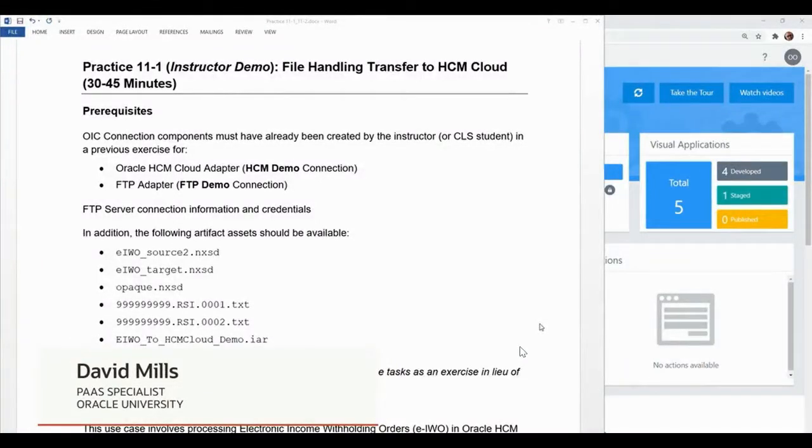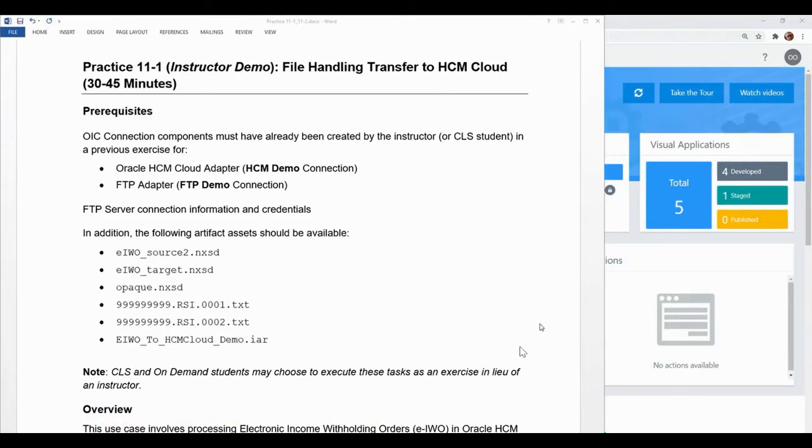Welcome all. Let's get started with practice 11.1, file handling transfer to HCM Cloud. As noted here in the practice guide, the instructor demo is what this normally is, done in the classroom environment. But since this is self-paced, I believe you may want to try to do this yourself. Execute this task through, and I'm going to go through it as if I was you doing this yourself,